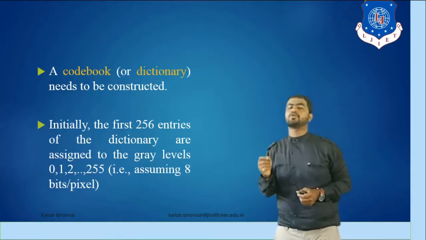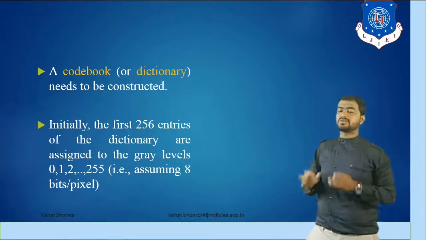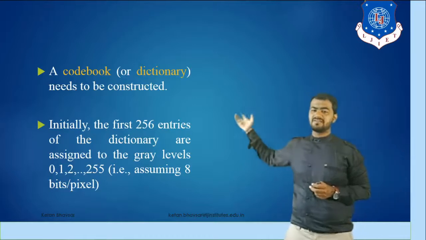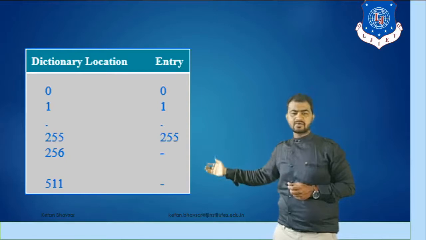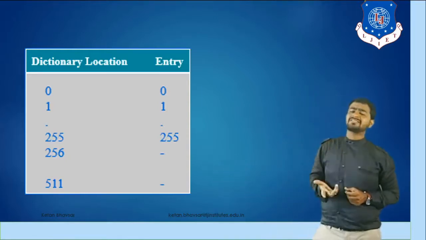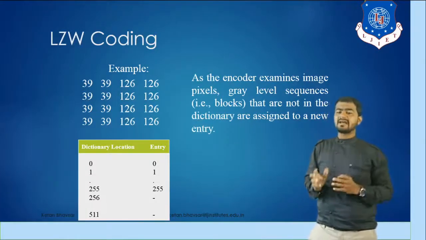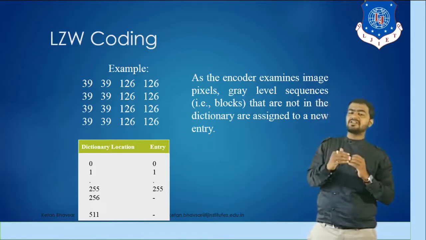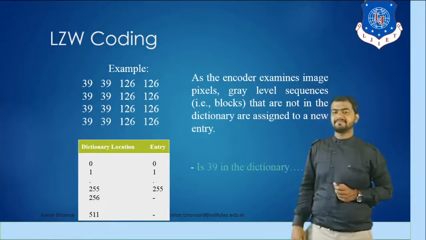So we have a range from 0 to 255, so it's 256 entries. Then you have to assign each and every single value, because right now we are working with the 8-bit concept, or an 8-bit data file here. Because of that we have a range of 0 to 255, so it's 256. You have to assign the addresses accordingly and make an entry in this table. Then after assigning the dictionary, you have to create a table, and the encoder examines the pixel values and according to that you set a dictionary value, and based on this dictionary value you have to add new entries.